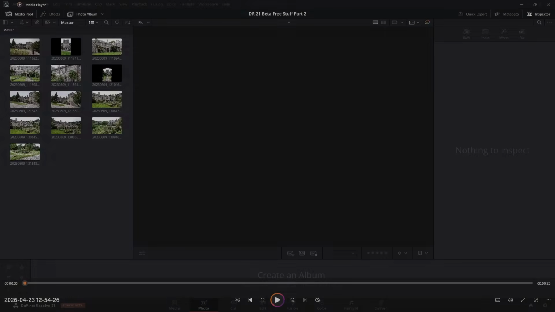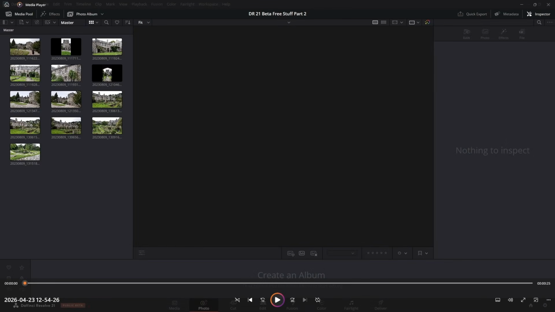The biggest addition to the new free version of DaVinci Resolve is the new photo page. The new photo page is a photo editing application that allows you to alter, organise, filter and grade your photographs. It opens up more creative possibilities than standard still image editing because it's integrated into the rest of DaVinci Resolve's